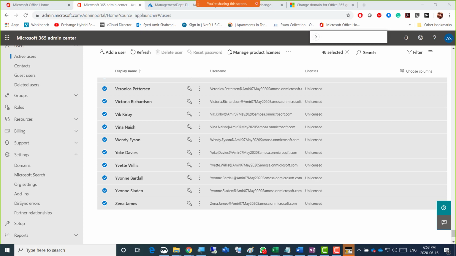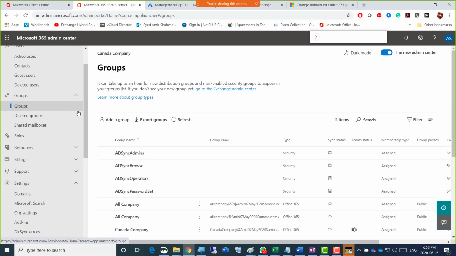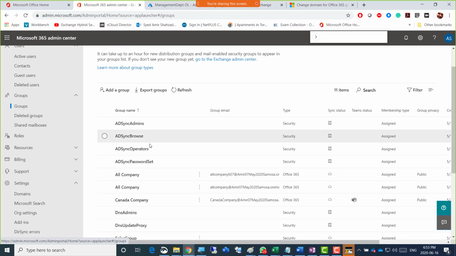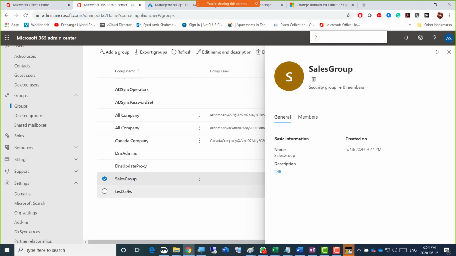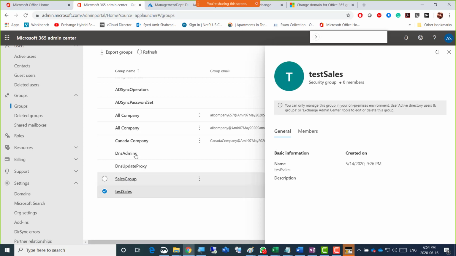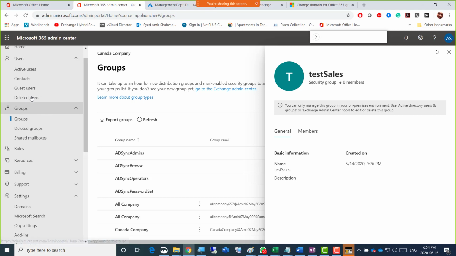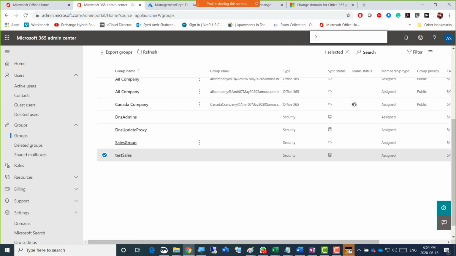Changing DL email suffix using Office 365 admin and then group. Oh yeah, we could have gone for groups here. This one. Thank you, sir, for showing that. So the DLs could have been just changed here as well. And yeah, since it's deleted, we would not be able to do that. But I'll check that. Well, that's a security group. So we were talking about DLs which are there. So this means that within the group we can do it, but within Exchange no, within Active Directory no, but within the admin center itself it can be done. So thank you for sharing that, Nazmul.